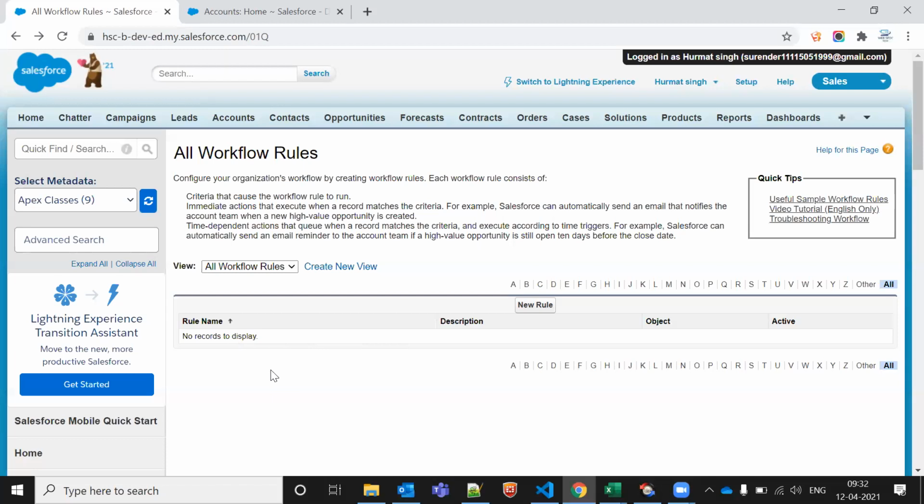I'm not deleting the workflow. I'm deleting the object directly. So what will happen to the workflow? What will be the impact? Will it allow us to directly delete the object?